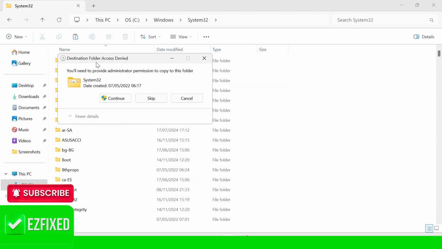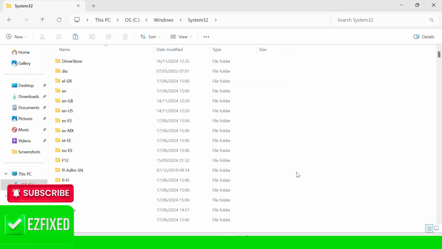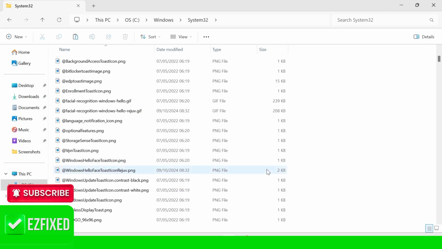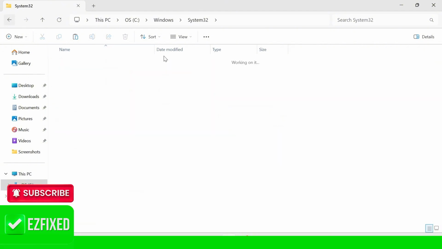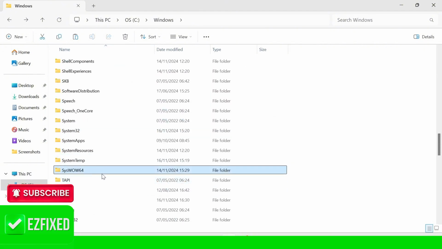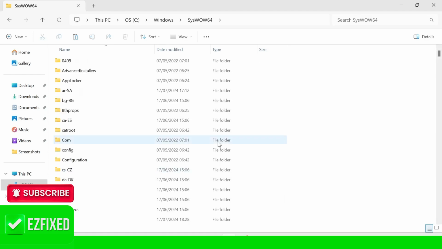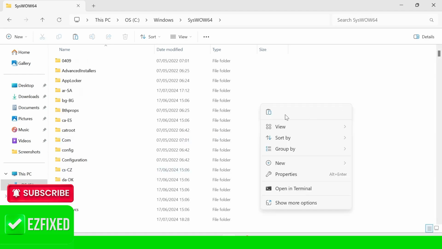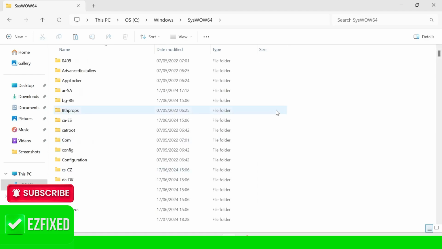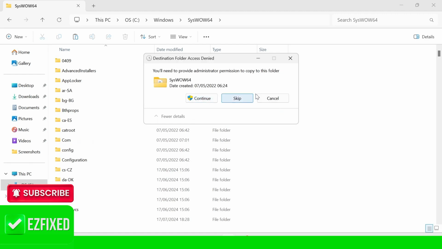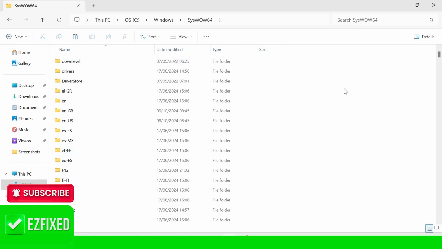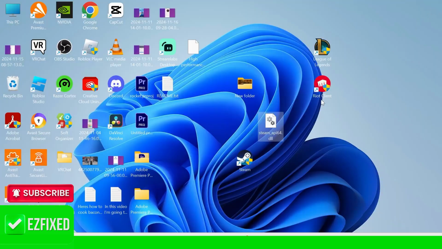And if you get the security message pop up, press continue, and then once you've pasted the file inside of this folder, you then need to click on the back arrow, scroll all the way down to syswow64 and double click this, and once again we're just going to right click on the white space and press the paste icon, and once again press continue. And then once you have the file in both of these two folders, you can close out of this window, and that should have now